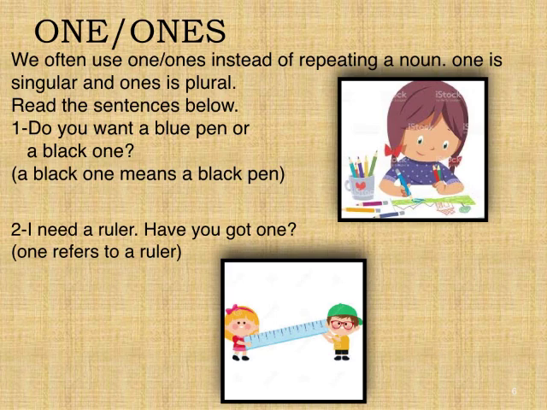Before beginning with the exercise, let us understand that we cannot use one or ones instead of an uncountable noun, but we can leave out the noun. For example, this is plain paper. I wanted lined paper or lined. So we won't use I wanted lined paper. What will I use? I wanted lined. This is plain paper. I wanted lined. We won't use one or ones, and even for uncountable nouns we will avoid using the noun.